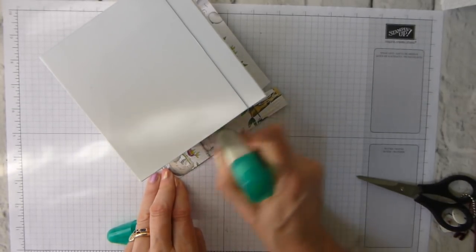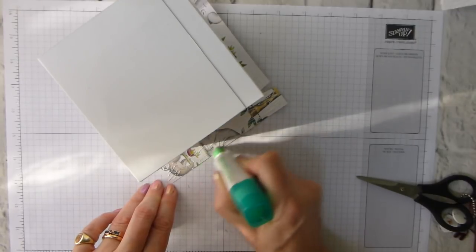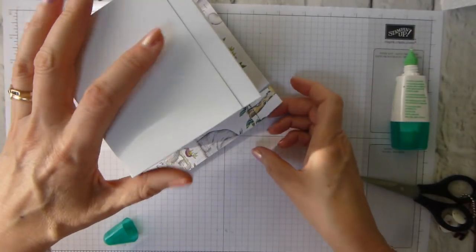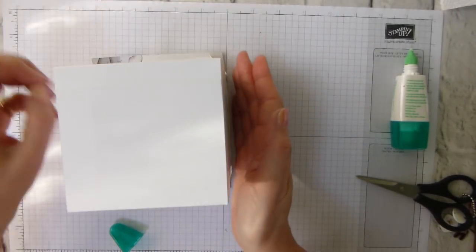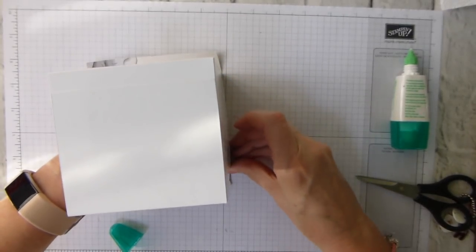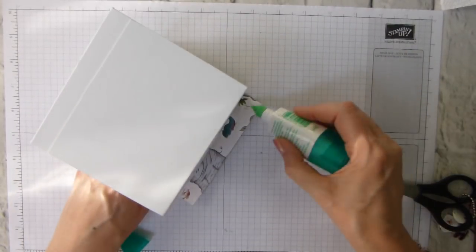Oops. Because the sides cover the seams, and we're going to be spending a bit of time doing seam covering. So that goes there, and again just get that nicely stuck down, and then